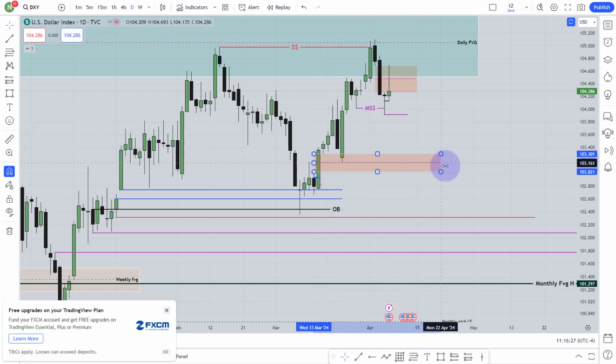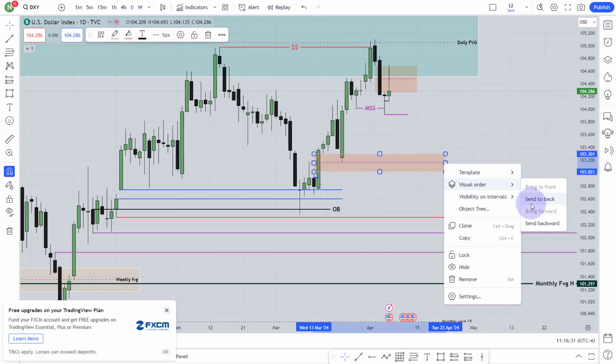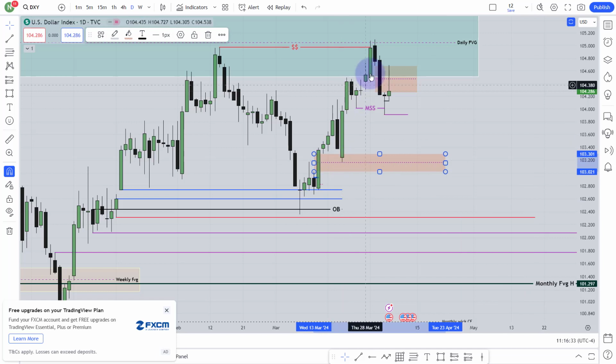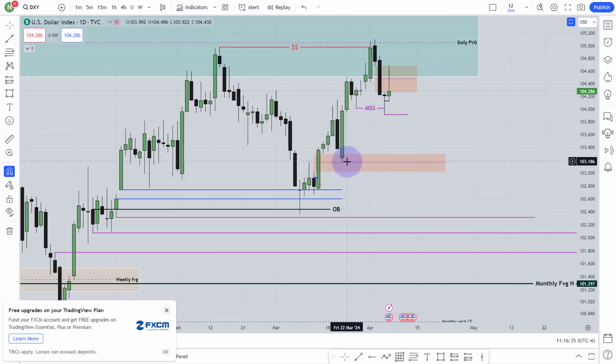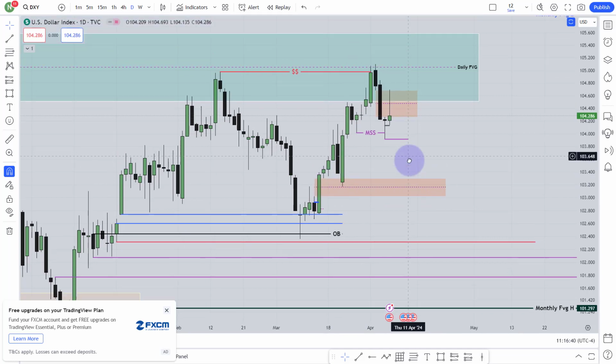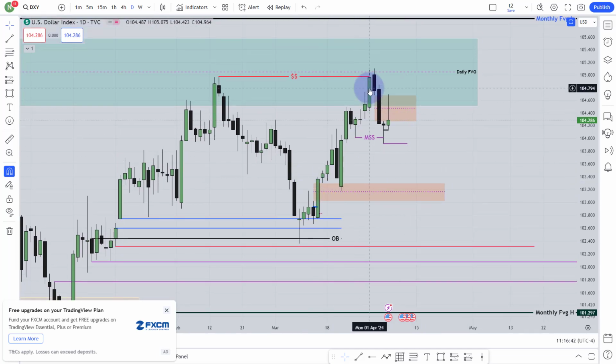So over here, you can see this is the daily bullish fair value gap. Price came to the consequent encroachment over here, then went higher. Where did it work? Above part, right? To that bullish fair value gap, it worked above part. So when it worked above part, market went higher.